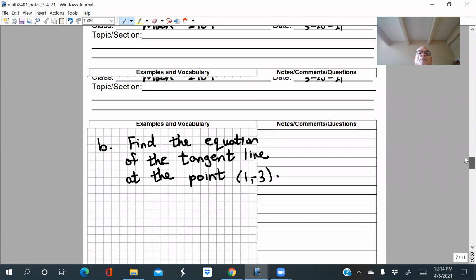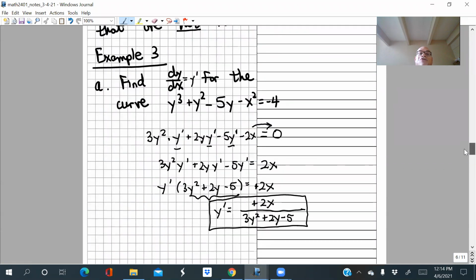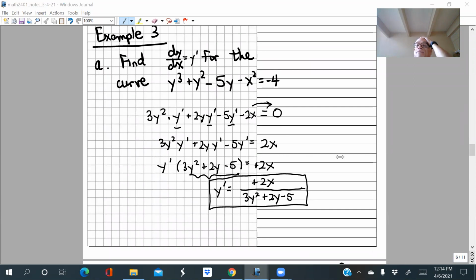examples. So remember, implicit differentiation is the process that we can use to apply derivative concepts to curves that are not functions. All right, so for several weeks now, we've been dealing exclusively with functions, curves that are functions. But at the beginning of the course, remember, we were sometimes working with curves that were not functions, right? And here's an example of